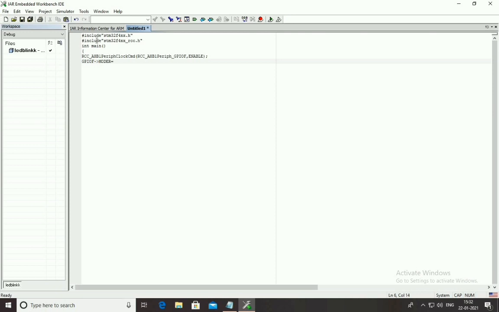Next, general purpose input output port F. There we are using the mode register that indicates the IO direction, okay.